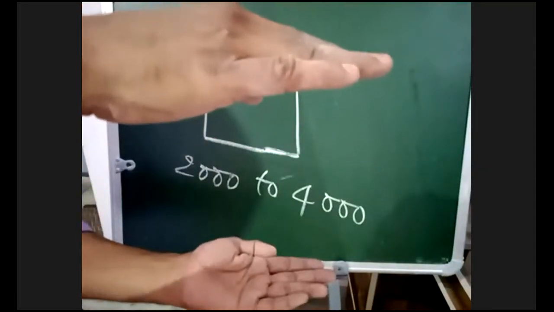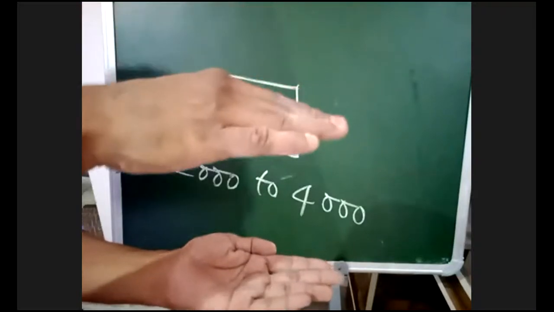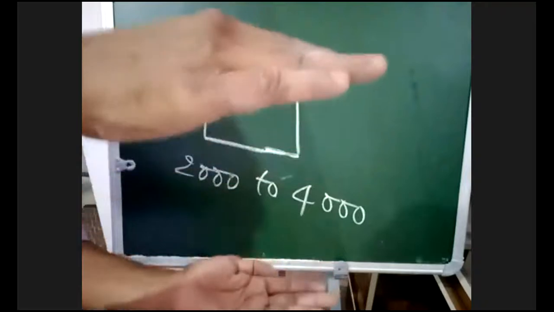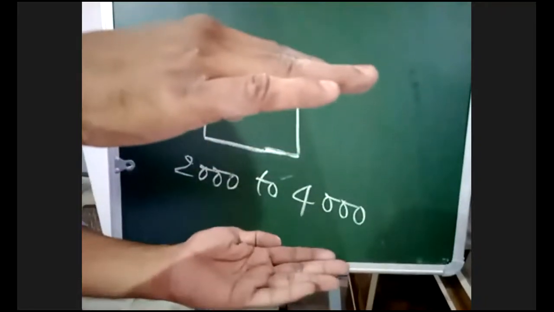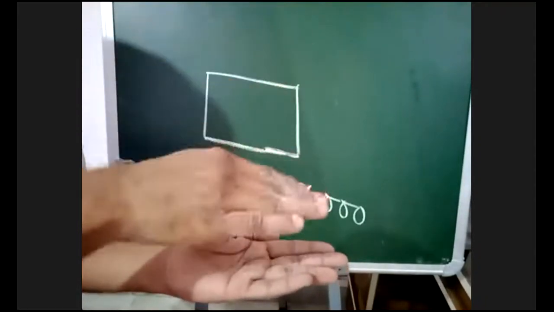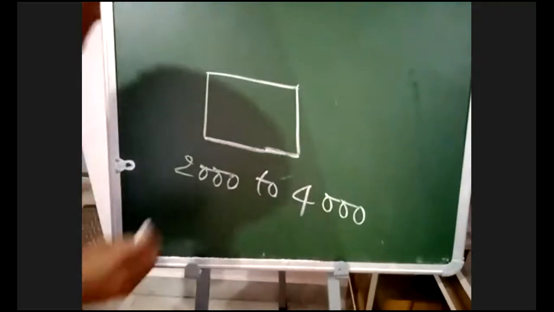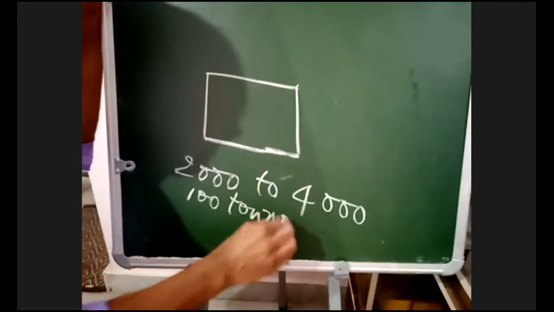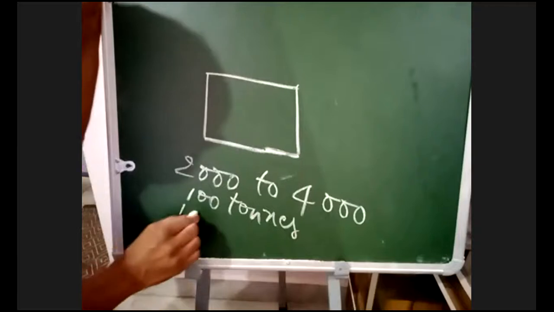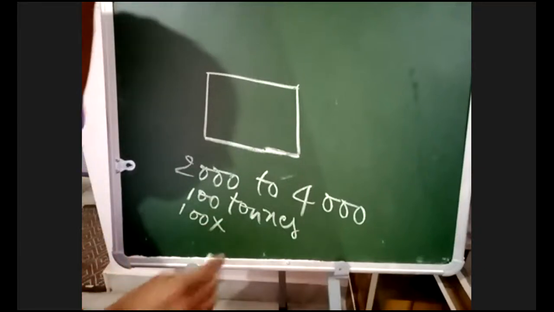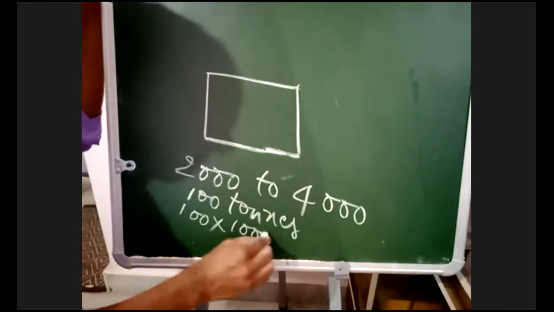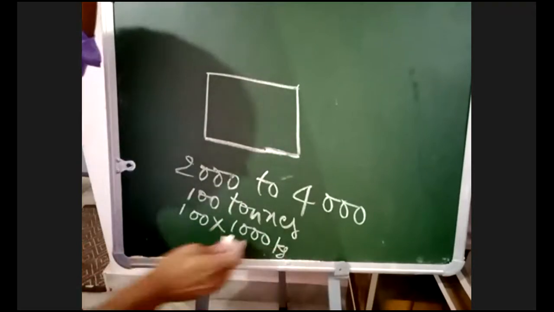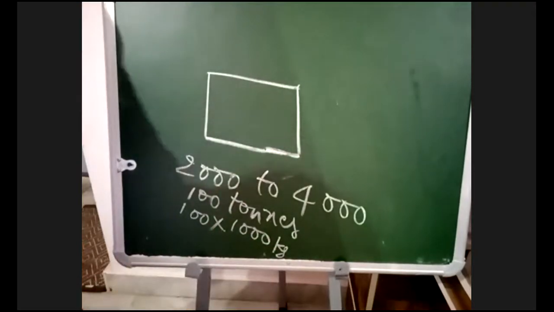Now this bundle, I will crush it. If I crush the bundle, it is compressed. Initially this much size is there, 2000 sheets. Now how are we compressing this? Take 100 tons weight. How many kgs is 1 ton equal to? 1 ton is equal to 1000 kgs. 100 tons means 100 into 1000 kgs.